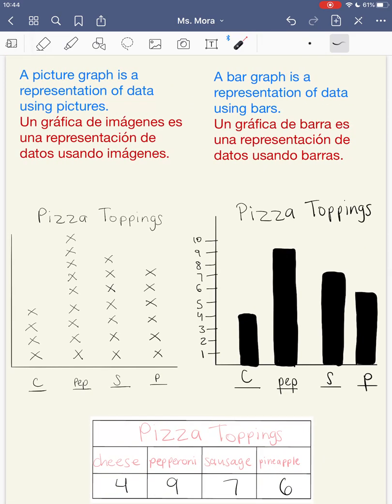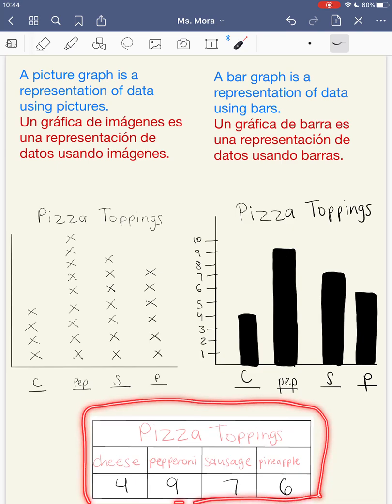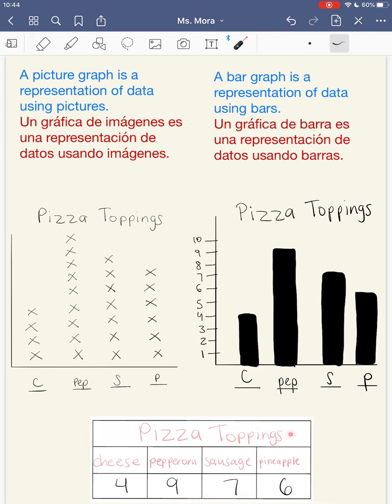So one of the skills we learned was about graphs and data tables. First we learned about a data table, which here is my data table already, and it has a title, my categories, and the numbers that are the data, right? This is telling me that 4 people like cheese, 9 like pepperoni, 7 like sausage, and 6 people like pineapple